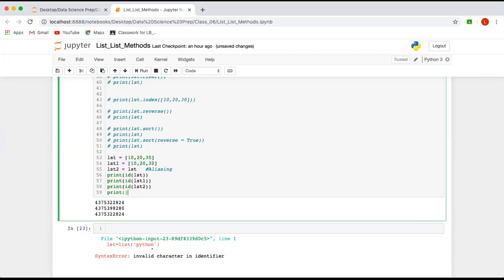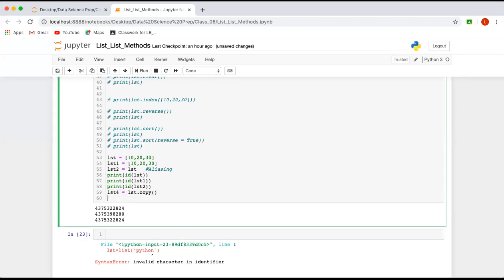So for example, print lst dot copy. Okay, what I will do, I will write here id. Or instead of writing id, I will assign it to a different variable. I will write lst4 is equal to lst dot copy. So basically this copy method will copy this list into lst4, and in this case id of lst and lst4 will be different.